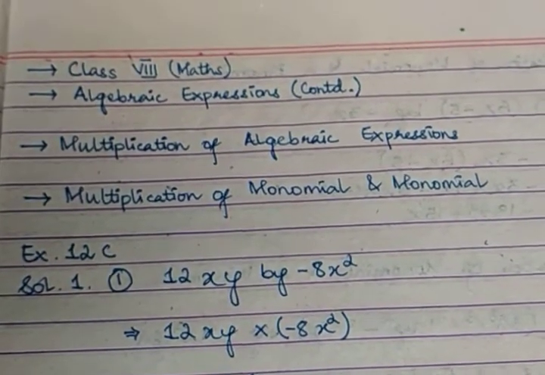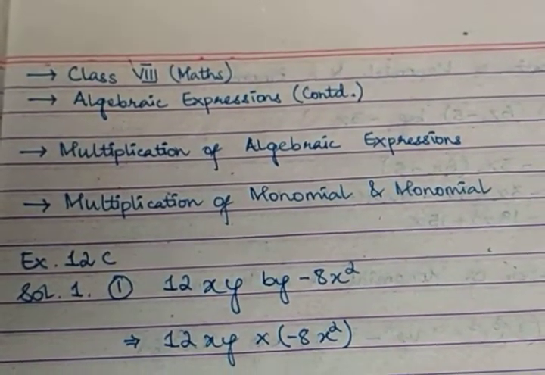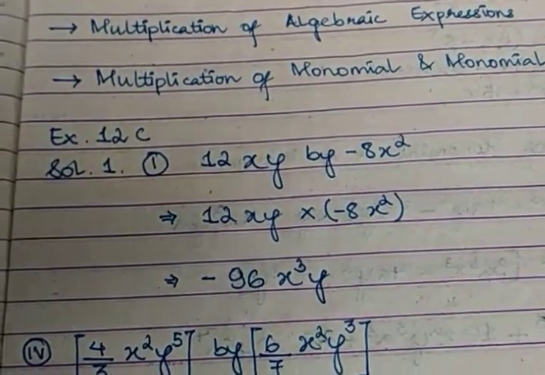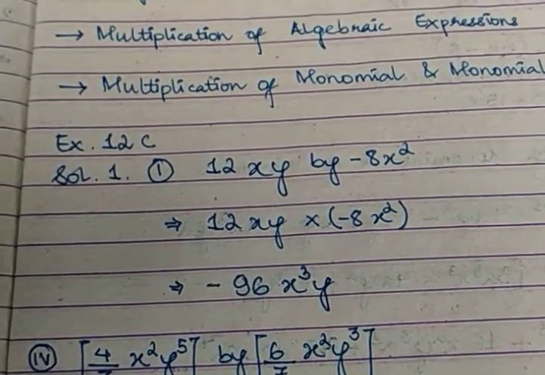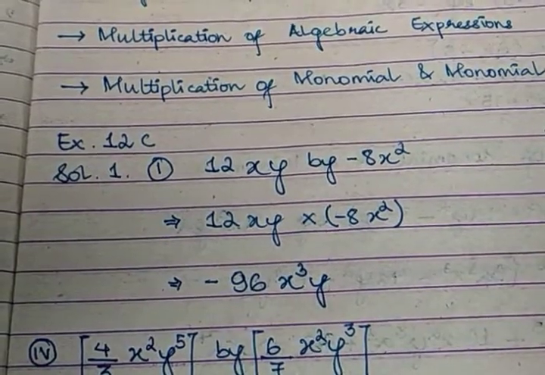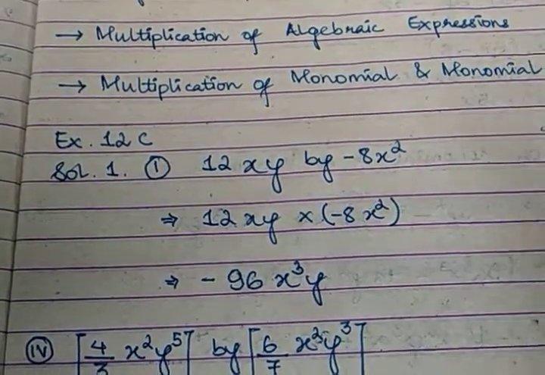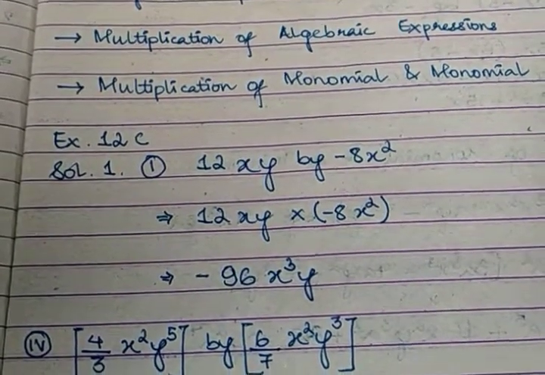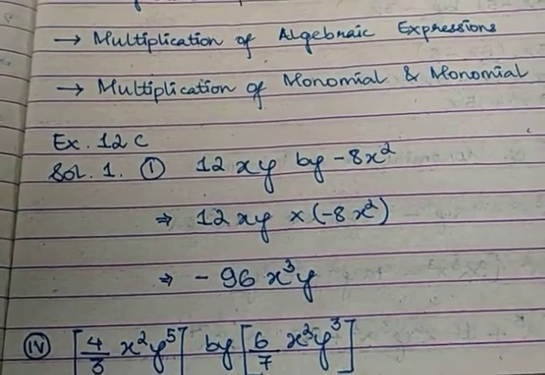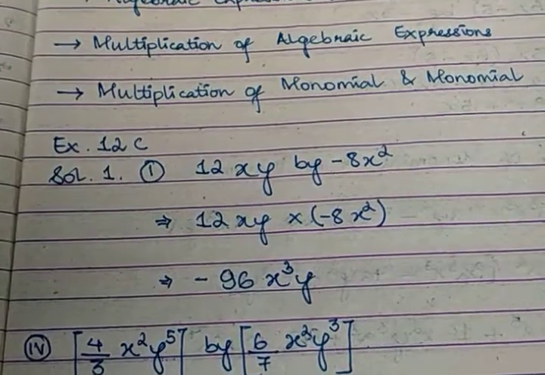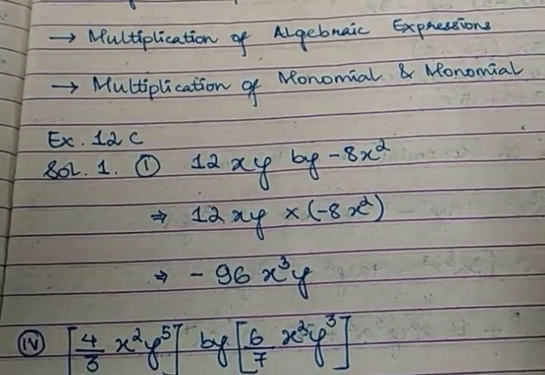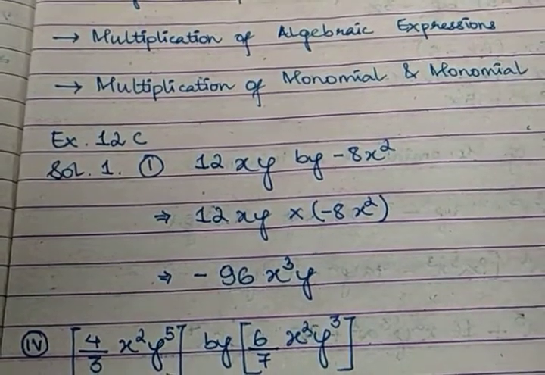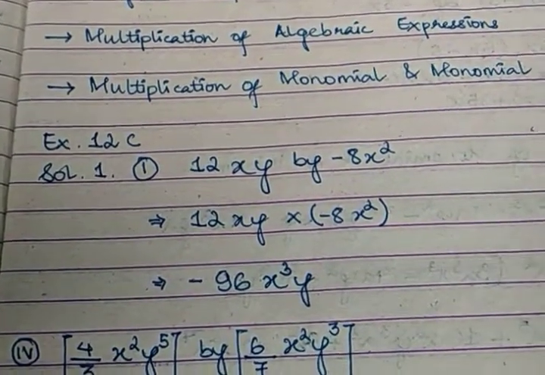First of all we'll be dealing with the multiplication of a monomial and a monomial. That means a single term and a single term. The only thing extra in the multiplication of algebraic expressions is that we need to multiply the variables as well. Remember, in case of addition and subtraction the variable remains the same, isn't it? In this one the variable will change, in multiplication and division.